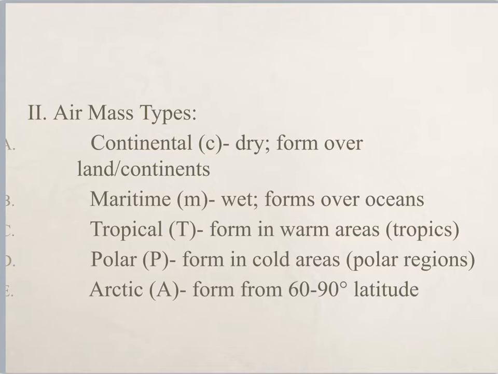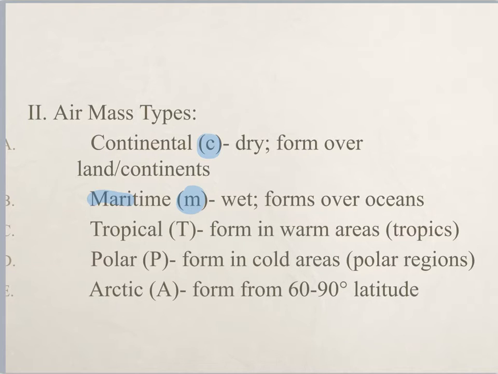Continental air masses are very dry because they form over land which doesn't have a lot of moisture. Continental air masses are abbreviated with a lowercase c. Note that it's not a capital but a lowercase. Maritime, mar means ocean, or sea. It is indicated by a lowercase m, and since it forms over an ocean or sea, it's going to be